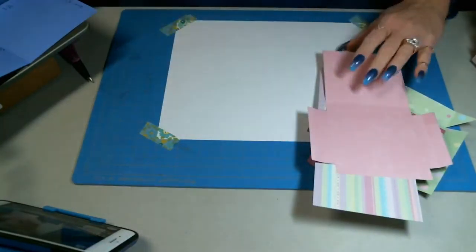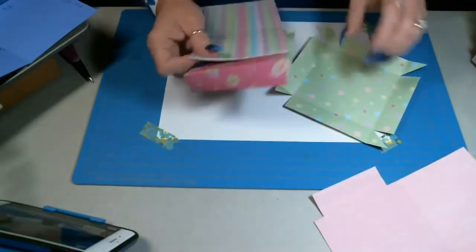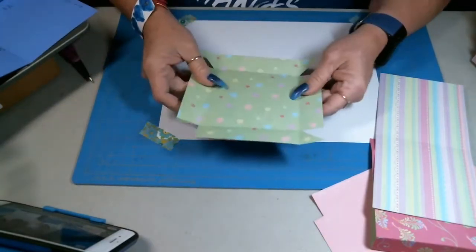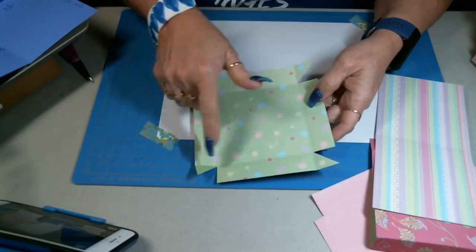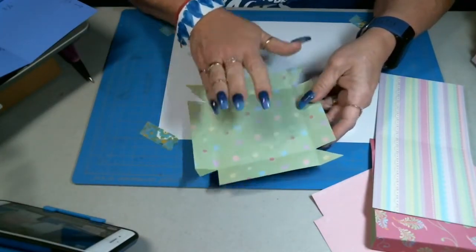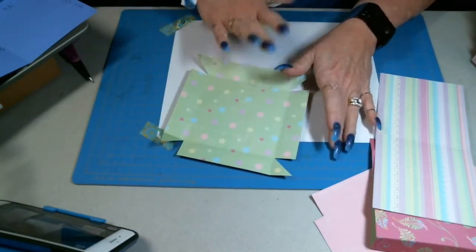Okay. All right. So the pieces that you're going to need. This is the base piece, and this is 6 1/4 by 6 1/4. All the way around. 6 1/4 by 6 1/4. Okay, I'm going to give you the measurements first, and then I'm going to come back with the scoring, okay,